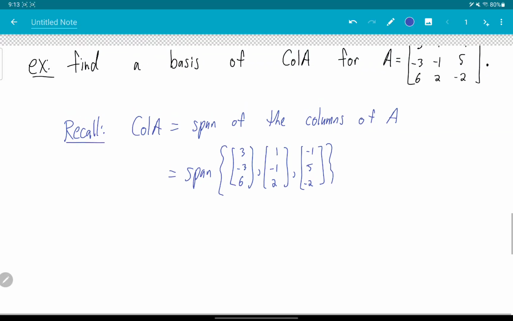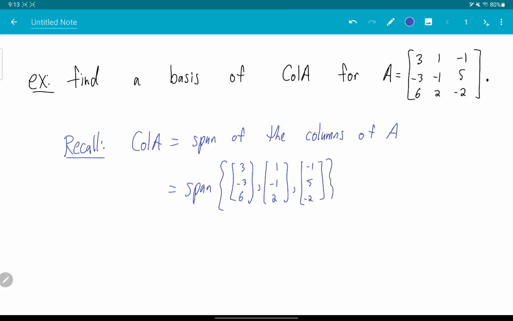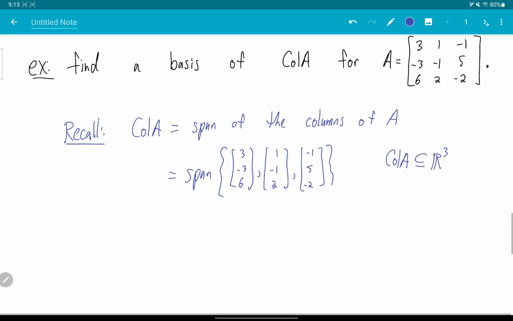Okay, so to find a basis for this subspace, it's a subspace of R2. So you could write call A is a subset of R, did I say 2? I mean 3, sorry, my mistake. So call A is a subset and also a subspace of R3. How do I find this? Well, for this basis, we have a very nice theorem, which is proven in the book. It says that